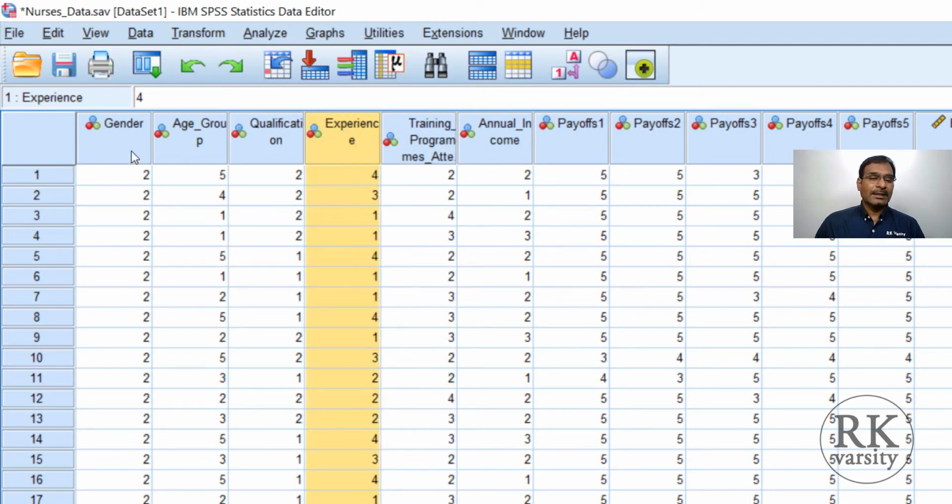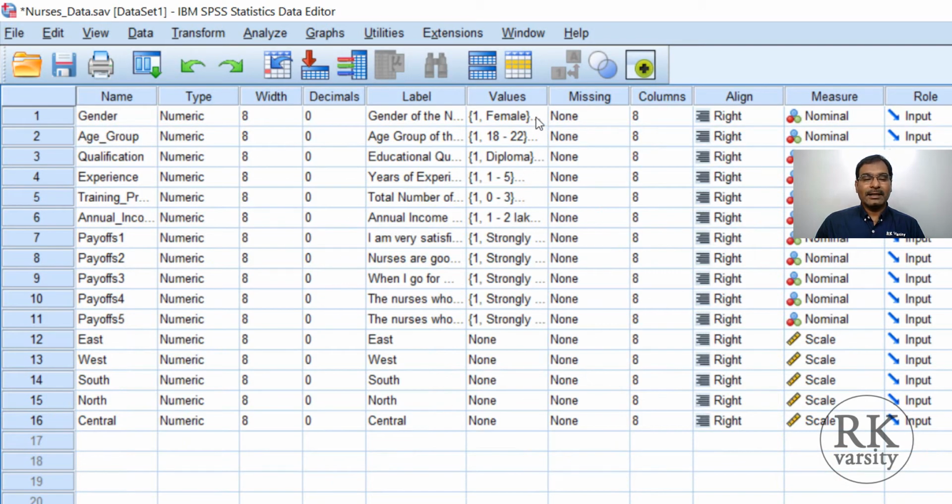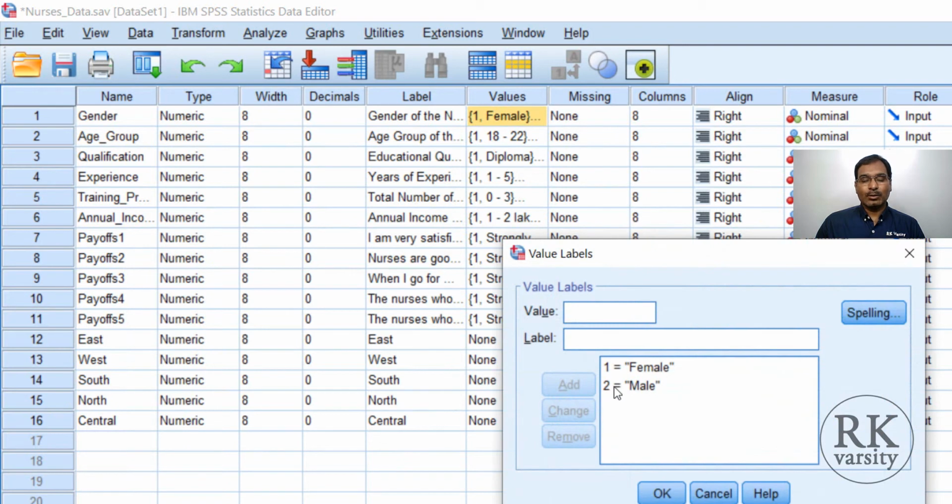This is one. And second is here in gender, just we go to the variable view and look at the values. So here 1 is coded as a female and 2 as a male. But in your questionnaire, you asked 1 as a male and 2 as a female, and you entered the data accordingly also. But at the time of creating the value labels, you made a mistake. So you can rectify this one. To rectify this, select the values.